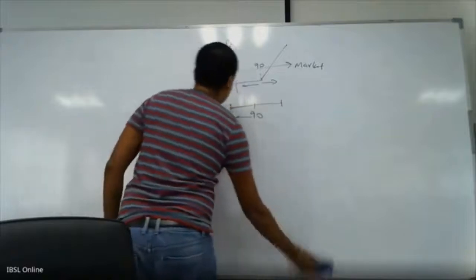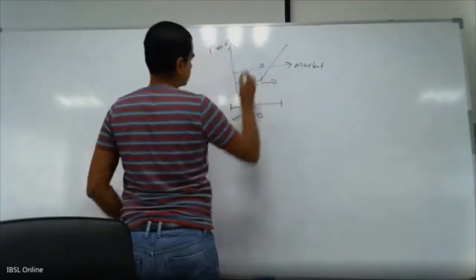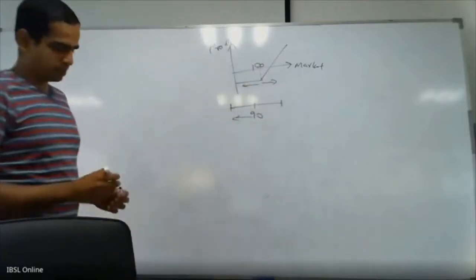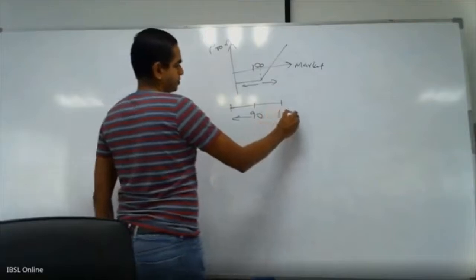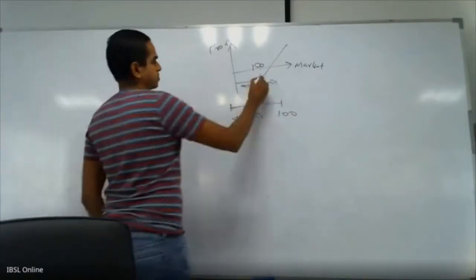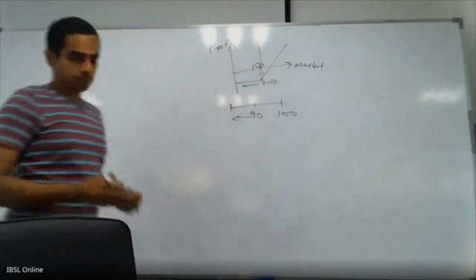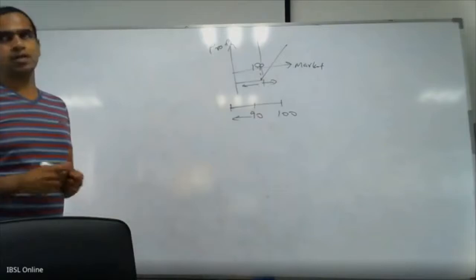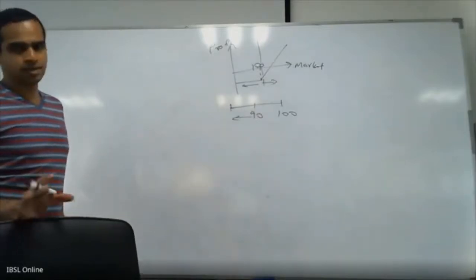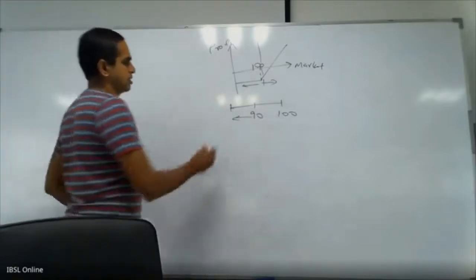Now, if the strike price was 100, that means somewhere here, and he's buying an option which is out of the money. Currently, the market is 90. If you buy an option at 100, then it is an out of the money option. But if you buy anything less than that, at 85,